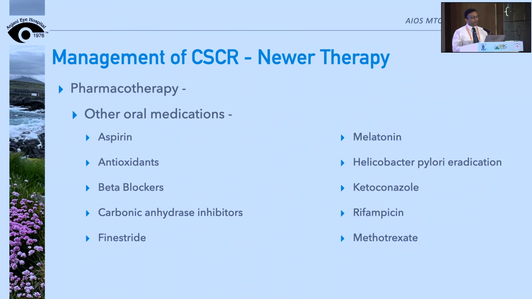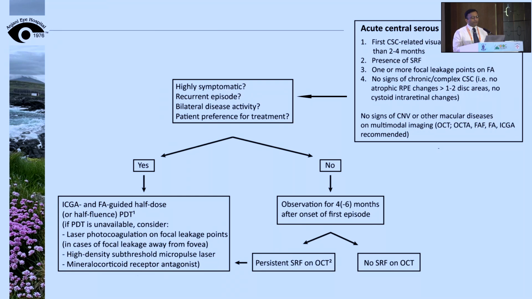The other oral medications which are being used are aspirin, melatonin, antioxidants, H. pylori treatment, beta blockers, ketoconazole, and rifampicin. So as of date, we know acute CSR, we can look at